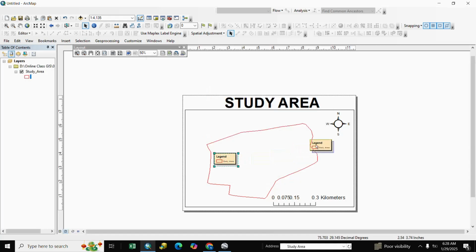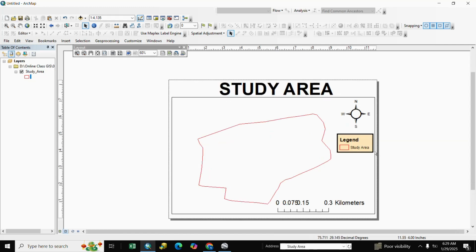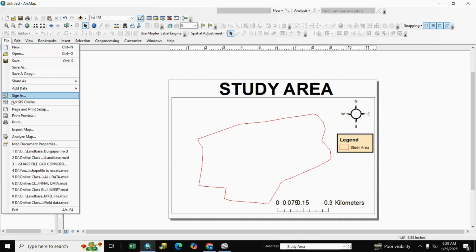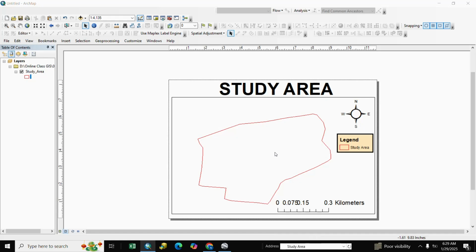Here is our legend. If you want to change it, you change it as per your requirement. And we complete. After this, we go to file and go to export map